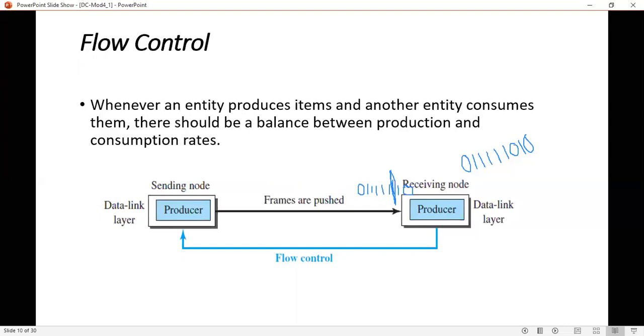And if it is vice versa, that is the producer is too slow and the consumer is fast, then the consumer has to wait and the system becomes less efficient. Okay, now see the figure here. I'll show you.